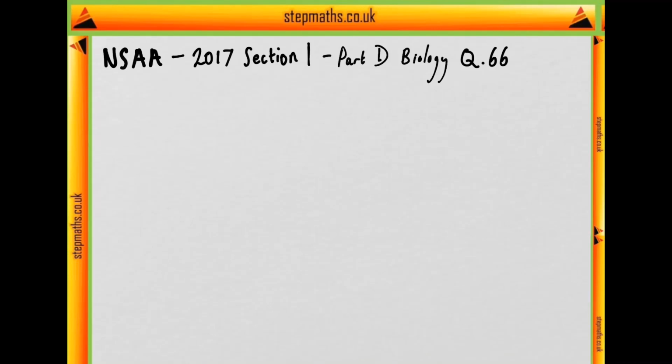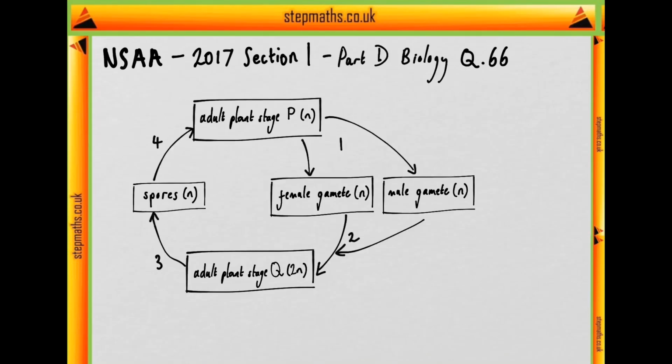Question 66, we're given this diagram here, and we're told that it represents the life cycle of a simple type of plant. We're also given this key here to help understand what's going on. N refers to a haploid set of chromosomes, whereas 2N refers to a diploid number of chromosomes,